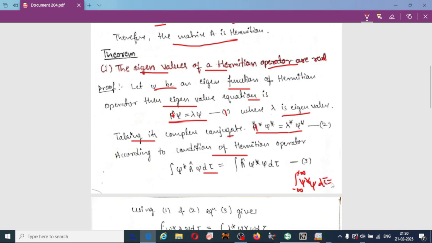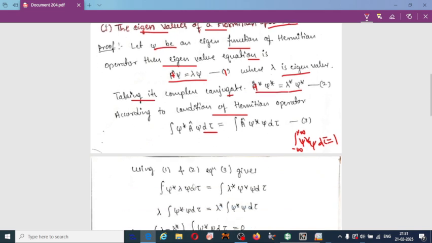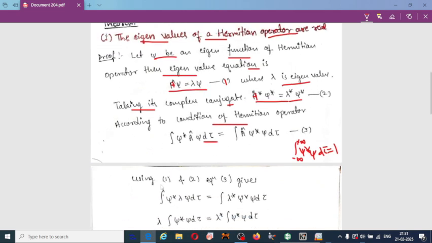That is the normalization condition equal to 1. So this is the Hermitian operator condition, given by equation 3: the integral of psi star A psi d tau, where d tau is the volume element, is equal to the integral of A cap psi star psi d tau. So using the eigenvalue equation 1 and its complex conjugate equation 2, equation 3 gives